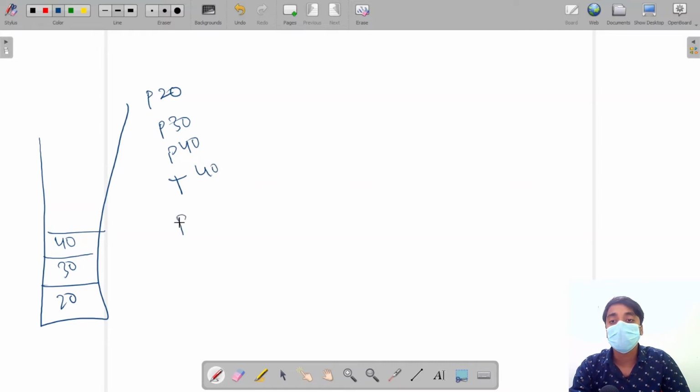Now if I ask for the pop value, it will remove this 40 and give me that value. Now if I again ask for the top value, it is 30 now, so it will give me 30. Now the pop value of the stack will be 30, which will be removed from the stack and returned. So this is the behavior of the stack.